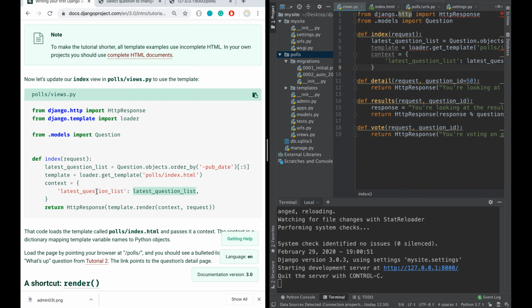So what happens is that this becomes a variable when it goes to the view. So latest question list is equal to latest question list. Whatever is fetched from here gets passed here, and we can access it in this index view,